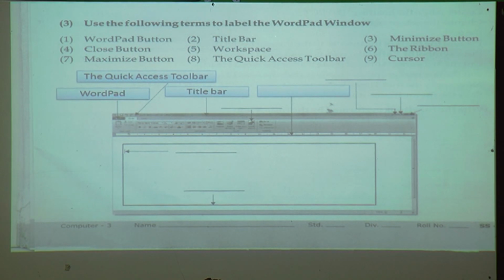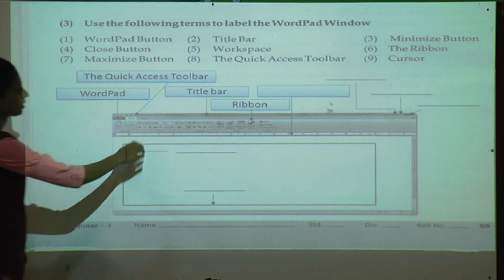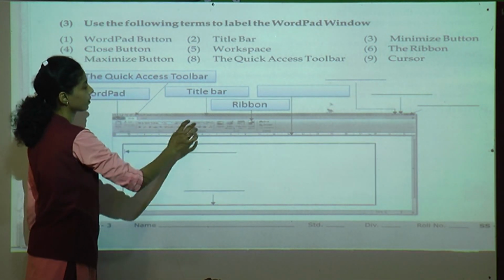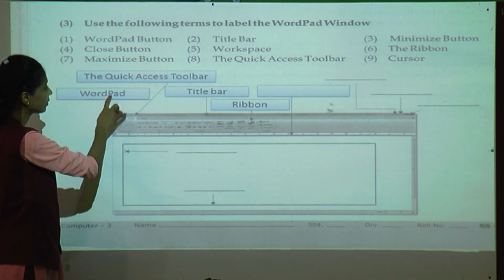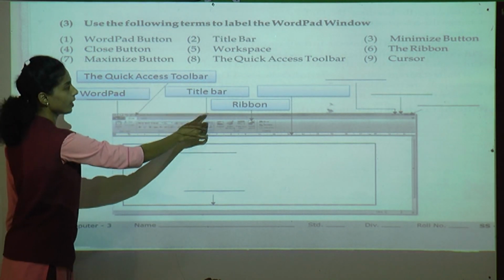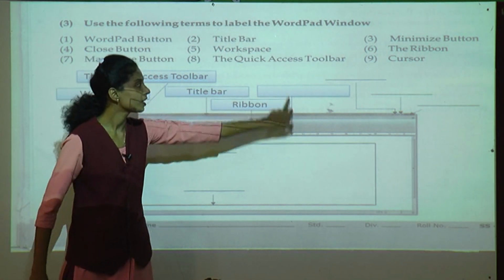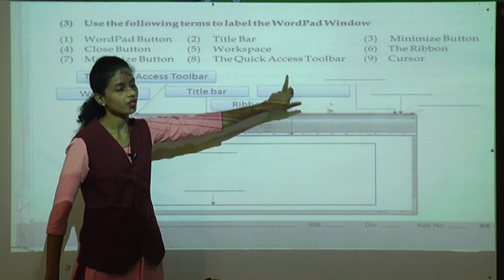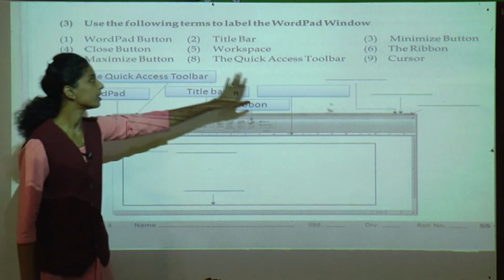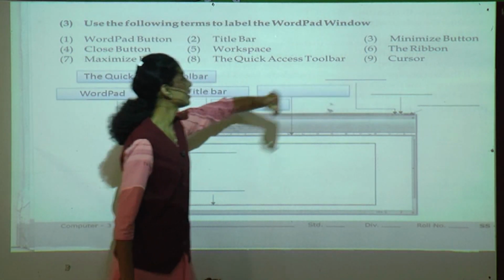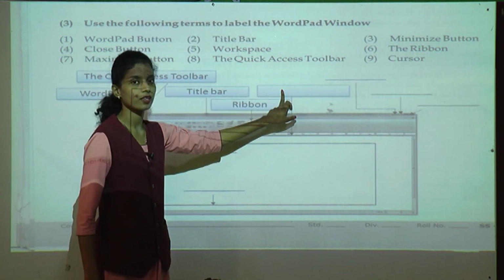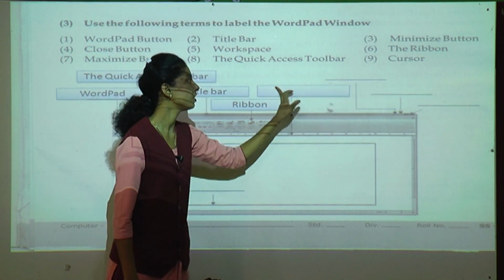First one is the WordPad button, then quick access toolbar, then title bar, then ribbon. See this arrow. And this one leave it. Why? Because there is only 9 number and this one is extra. That's why leave this line.